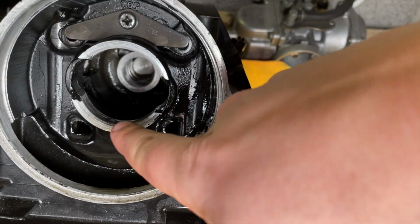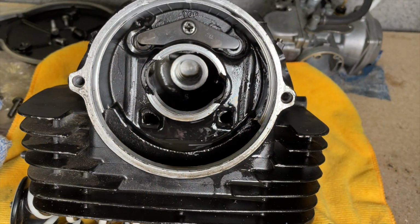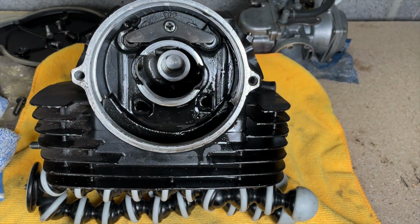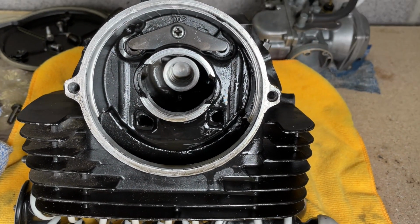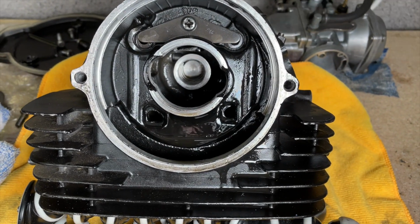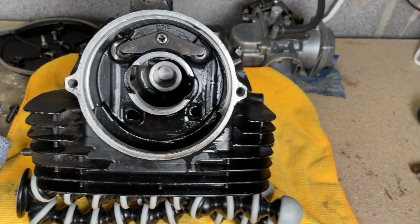Otherwise, it's what we call a journal here, where the camshaft sits in and rotates. Doesn't look too bad actually, so I'm not going to worry too much about that. Newer bikes, they put a roller bearing type thing in there so that things don't rub on each other. This one, much like the old Honda 50s and things, just relies on a film of oil, so it sits on that and spins, but it looks okay. It's 40 years old, I'm not too worried. That I'm going to leave, do the rockers, and then turns out I need a special tool,